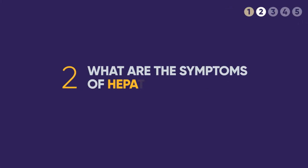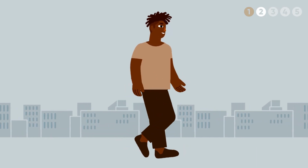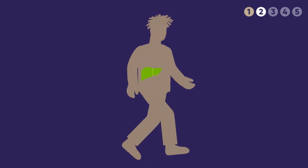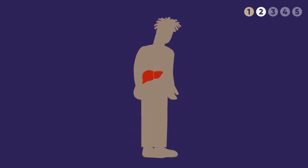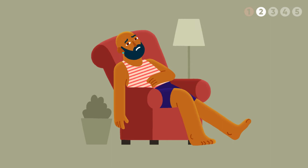What are the symptoms of hepatitis C? A person can have hepatitis C and not feel sick or have any symptoms for many years. This is because the virus injures the liver slowly over a long period of time. After many years of living with hepatitis C, a person can become very sick, and it can become difficult for